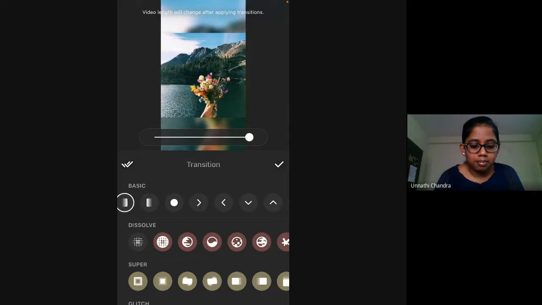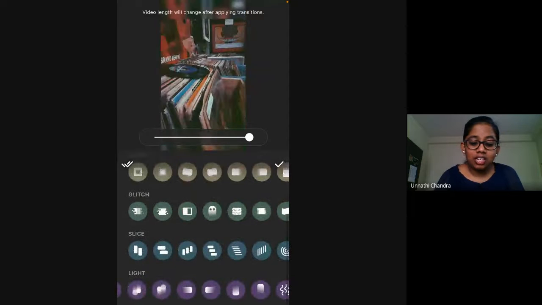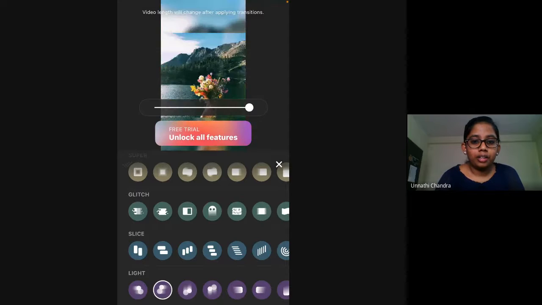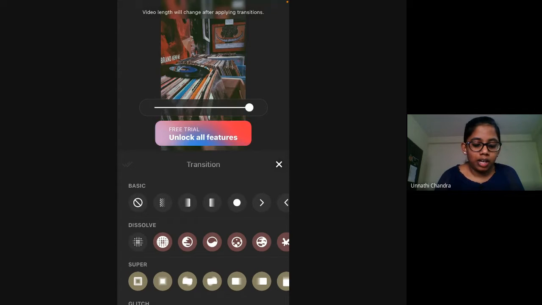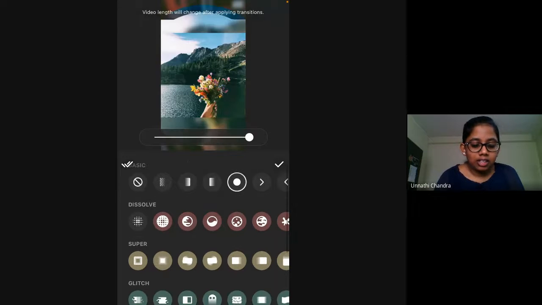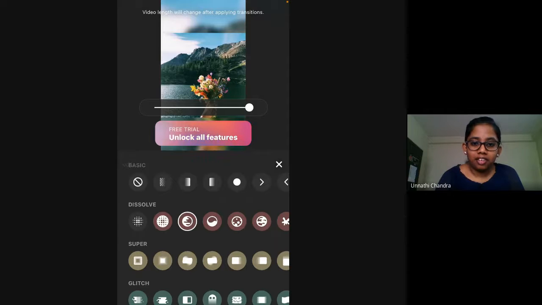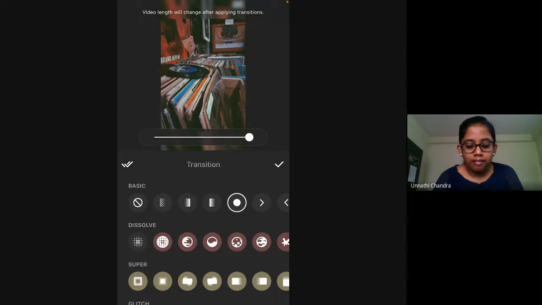Let's just say these are some simple basic transitions available. There's dissolve or a circular transition or a swipe transition. You can select whichever you like. Let's just select the swipe from left to right, and then as you can see, there are many other transitions available. These are actually really good, but they are for the paid version of the app. On the free version that we are using currently, we have only the basic transitions, which you can see under the basic category. The rest of them come under the paid version. So let's just use what is available.